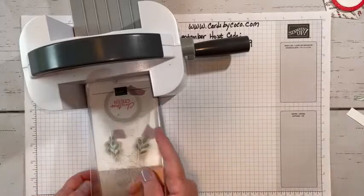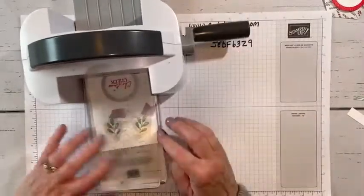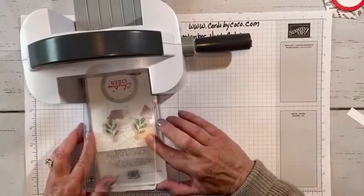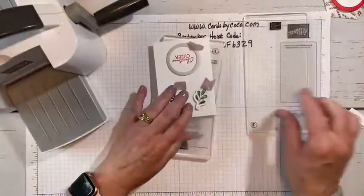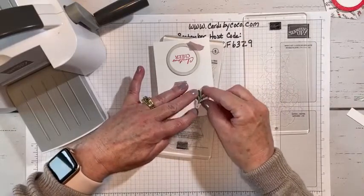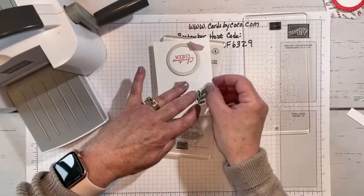And I just don't know. I think it's my new favorite. Well, it's not new. I've had it for quite a while. Oh, this one needs to be scooched over just a little bit. There we go. Let's see. No, didn't work. All right, guys, hang in there. I'll get it. Anyway, I just want to cut that out. Do you ever just line things up perfectly and then you take it out of your machine? You're like,